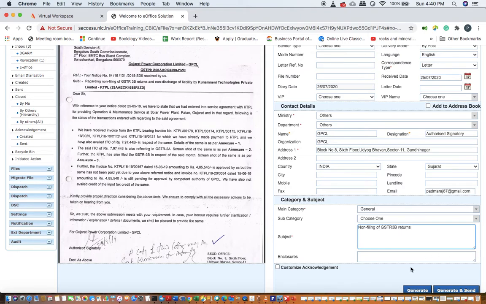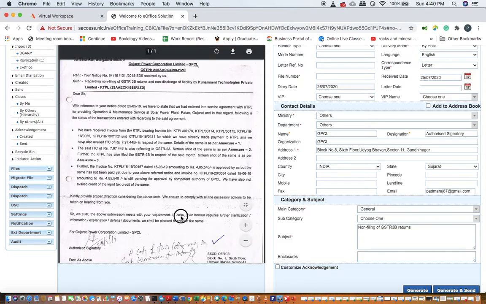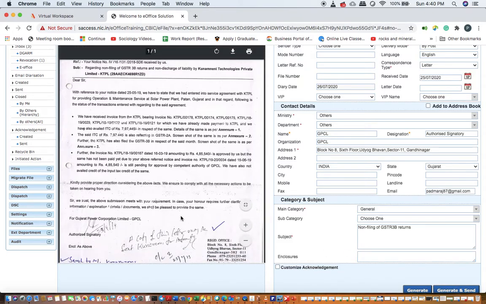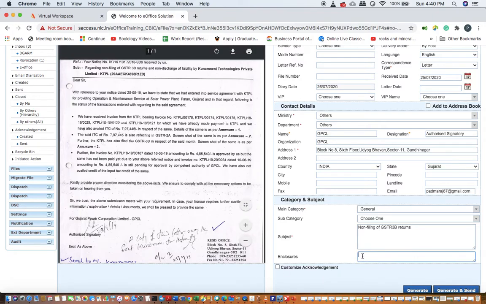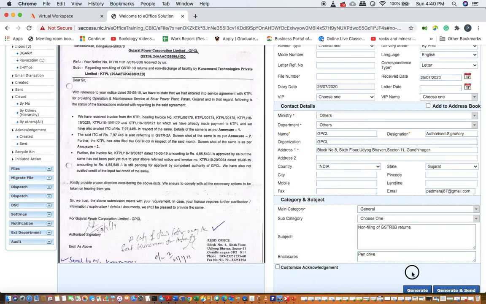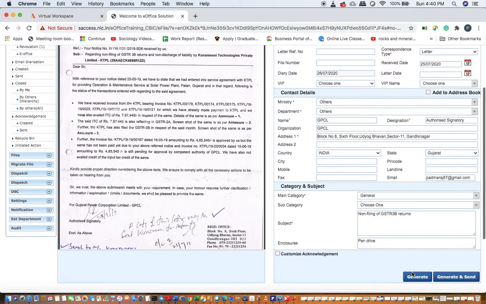So I am putting that here as the subject. What is the enclosure? Suppose one pen drive has also come from this company along with the letter. Those are some documents in soft copy, but the pen drive I cannot diarize. So what I am doing is I am putting in the enclosures as pen drive, and I am clicking on Generate and Send.